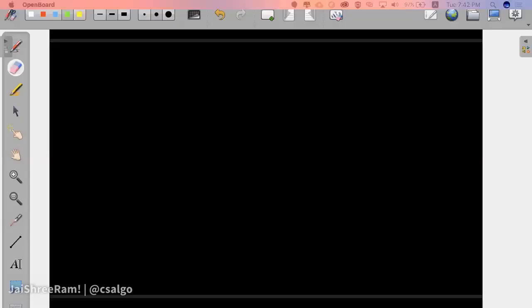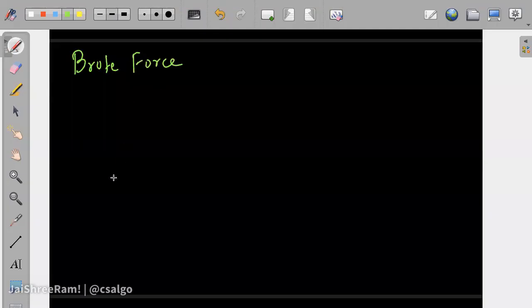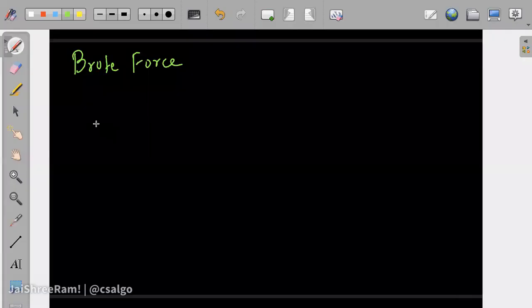Okay, so in this session we'll be talking about brute force in particular. When we talk about brute force, we are basically saying that given a problem, we want to find some solution or all solutions, and the way we do it is by enumerating on all solutions. So we try to make whatever moves are possible and generate all the possible sets of solutions,